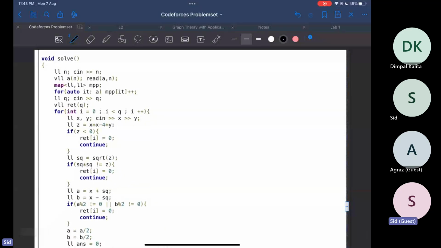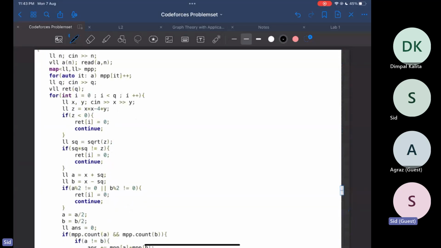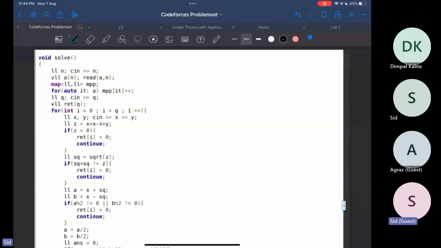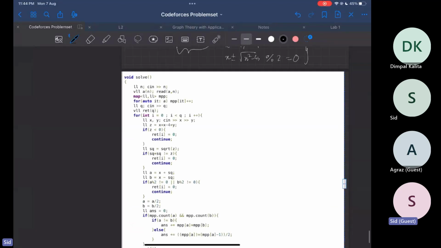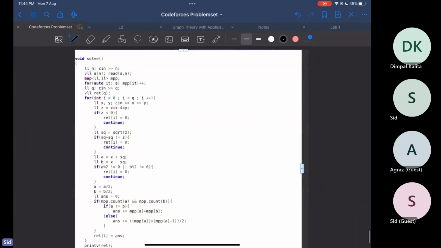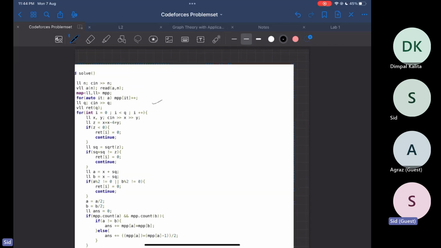At first I am calculating this x square minus 4y, that is z. It can get negative, which is not possible. In that case, the determinant will be imaginary, which we don't want, and we will simply say that the number of such pairs for the query will be 0. The second is that it must be a perfect square. For the perfect square, we are finding the square root of the determinant, and then we are simply checking by multiplying if it's a perfect square or not. If it is not a perfect square, then we are simply returning